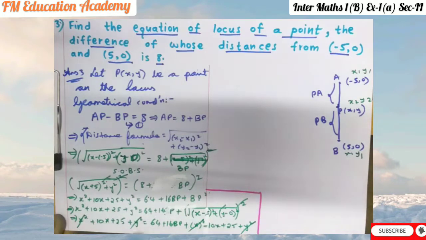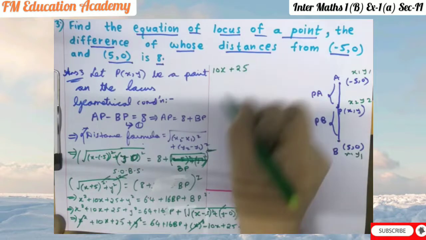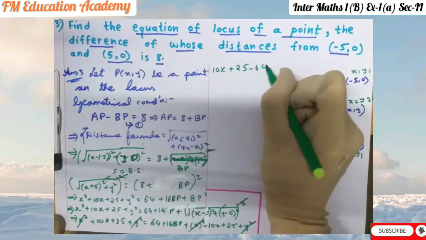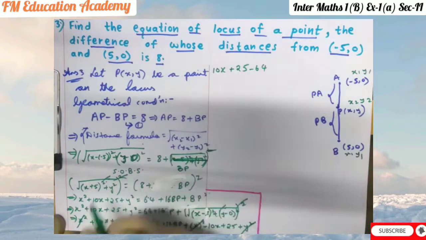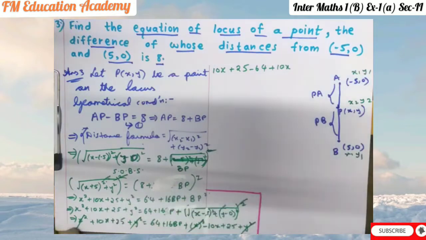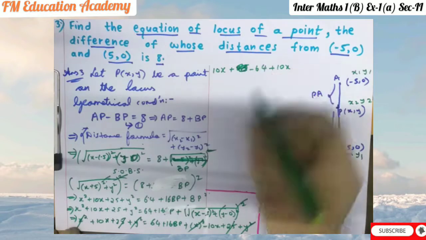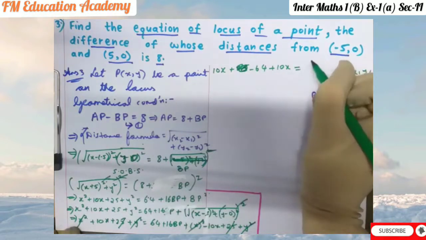We'll bring all the terms on one side. You are left with 10x plus 25 plus 64. If it comes this side then it becomes minus 64, and only 16 BP will keep on RHS. Minus 10x, if it comes this side, becomes plus 10x, plus 25 if it comes this side. Here what we can do is 25 and 25 is present on both sides, so both can get cancelled, right? 25 and 25. Next we have